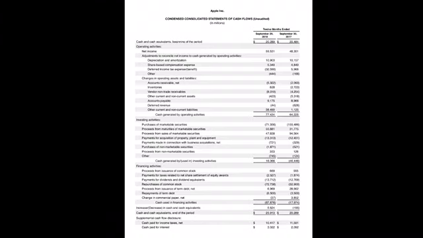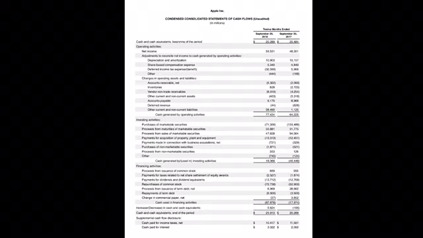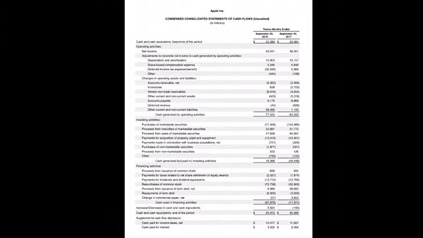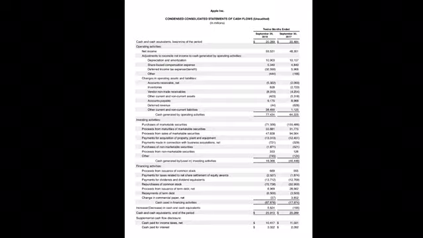Are they putting more money in their investing activities? Are they putting more money in financing activities? Are they pushing out more money for their operating activities? So it's a great way to determine that. A lot of smaller companies don't use a cash flow statement, but a lot of the bigger companies do. So the cash flow statement is one of those statements that may or may not be inclusive of a company's